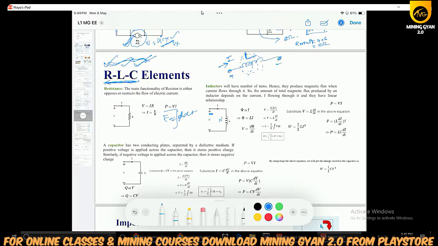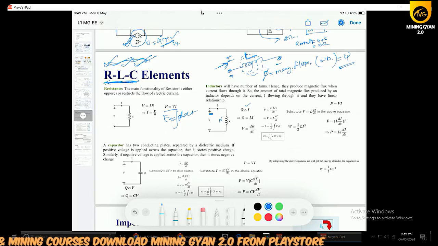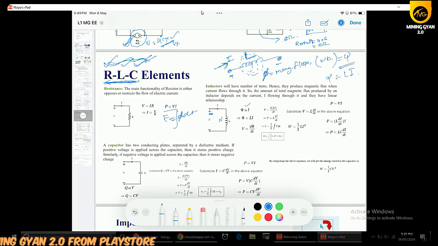magnetic field lines and magnetic flux. Magnetic flux phi, in Weber, that is the unit. Sometimes we can represent it by psi. So what will be the psi? Psi will be directly proportional to current. If we increase the amplitude of current, then obviously the amount of magnetic flux will increase. So psi equals L into I. L is the proportionality constant, and this is the property of an inductor that is represented by inductance.